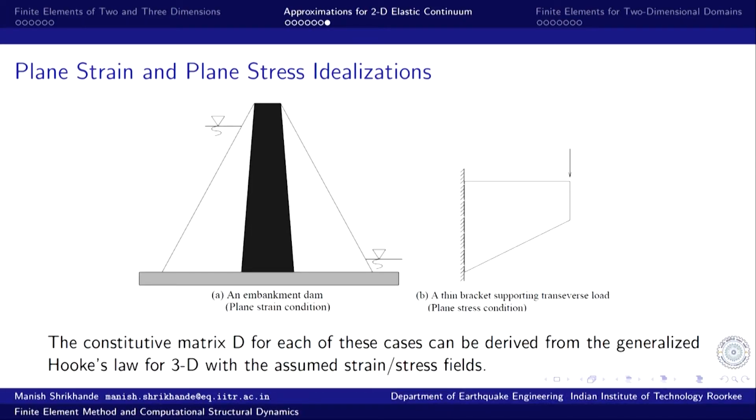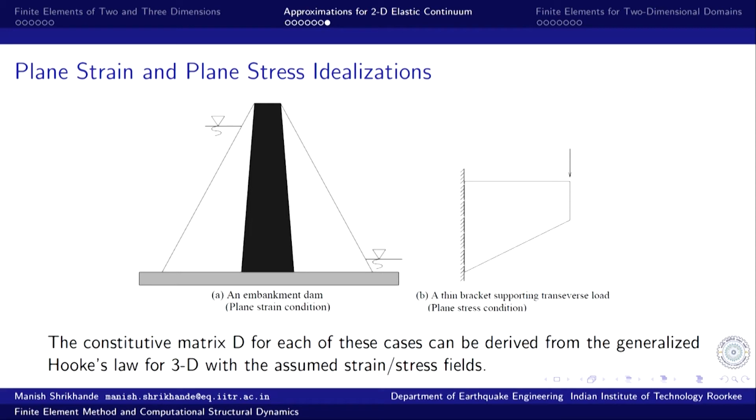So, that way 2-dimensional idealizations are very simple and very quick, and we can get very useful estimates for the design parameters, which can be helpful for refining the designs. And once the design is finalized, then of course, the final analysis as a check is done using 3-dimensional discretization. So, this is of course an embankment dam.